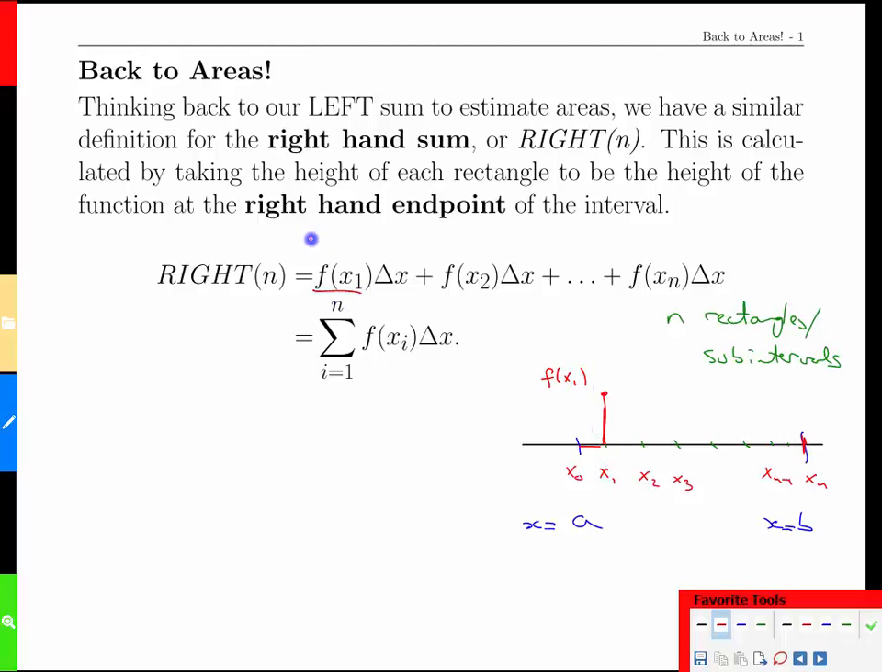And so if we want to do a height times a width on that first interval using the right-hand endpoint as our guide, then we get f of x1. And then we have f of x2 on the next interval. And so on and so forth until the last interval, which would use the height at the last point, f of x sub n, again times delta x to get a width. So we have all these rectangles,